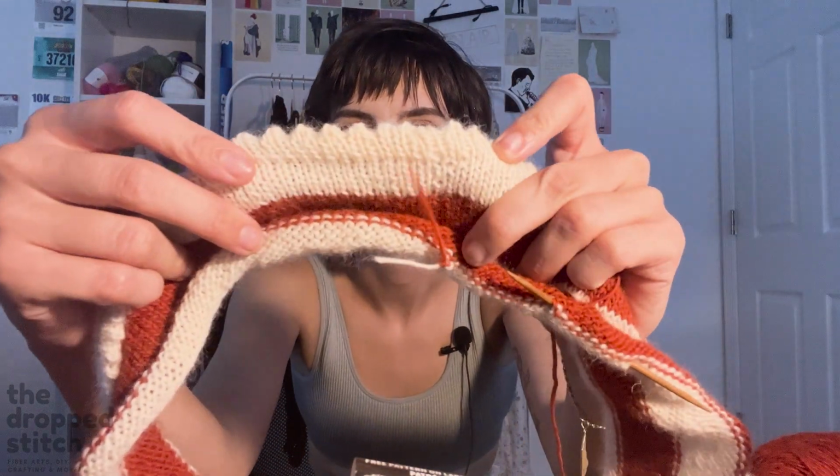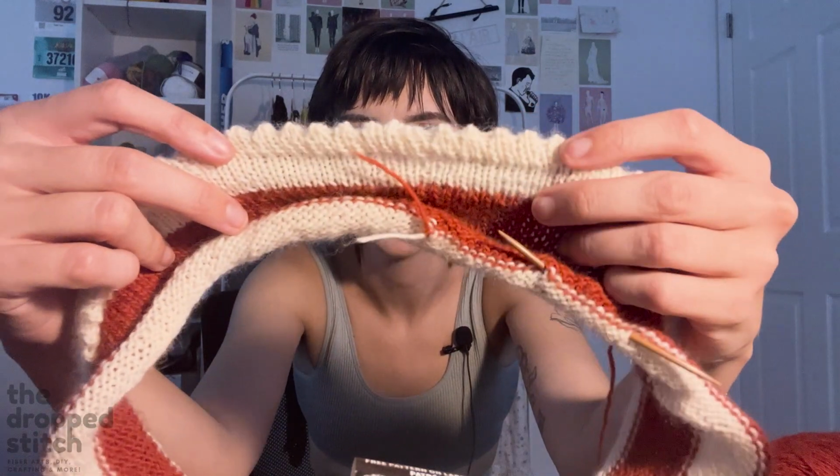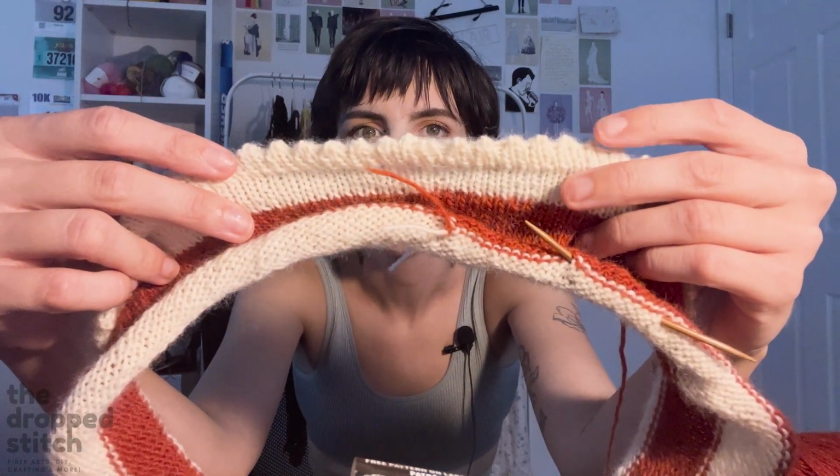And I fudged it somehow. I either combined or I made a stitch, I don't remember. And I shouldn't have done that. I should have just frogged back, but whatever, can't do that now. So the result is that there's just like this weird hiccup in the picot trim, which every time I look